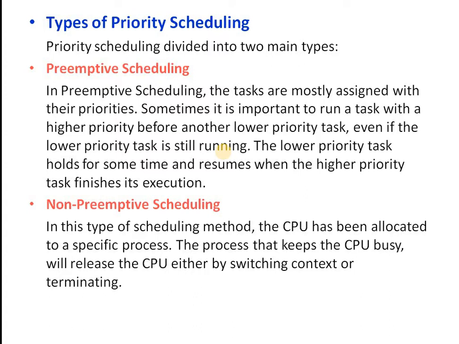For example, when a phone call is received, the CPU is immediately assigned to this task even if some other application is currently being used. This is because the incoming phone call has a higher priority than other tasks. This is a perfect example of priority preemptive scheduling. If a task with higher priority than the current task being executed arrives, then the control of the CPU is taken from the current task and given to the higher priority task.